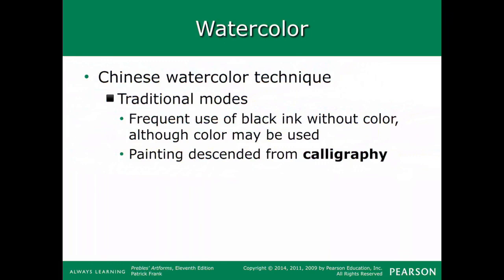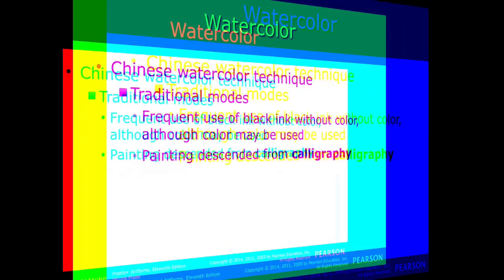From written word in China, they believe that they can express the language in a more stylized writing, which is calligraphy. And so one of the ultimate ways to communicate is through painting. So they believe that painting descended from calligraphy. And here is an example